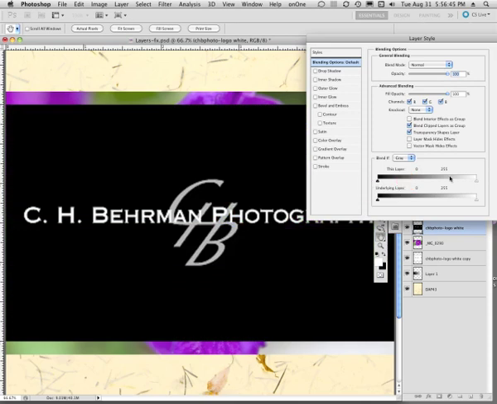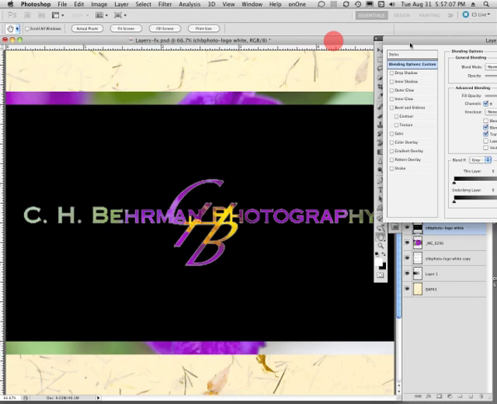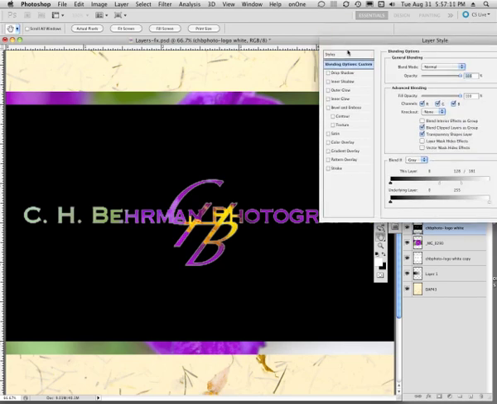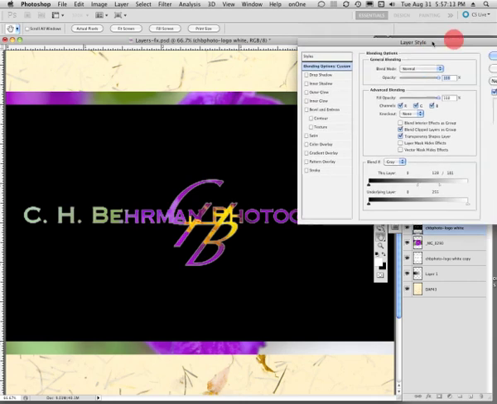I can go to the other end and bring down the white slider, and you can see now that the whites are disappearing, and the farther I bring it, and let's split it apart here, the colors begin to come through. So now I have a black logo with the colors coming through. Okay, let's cancel out of this,